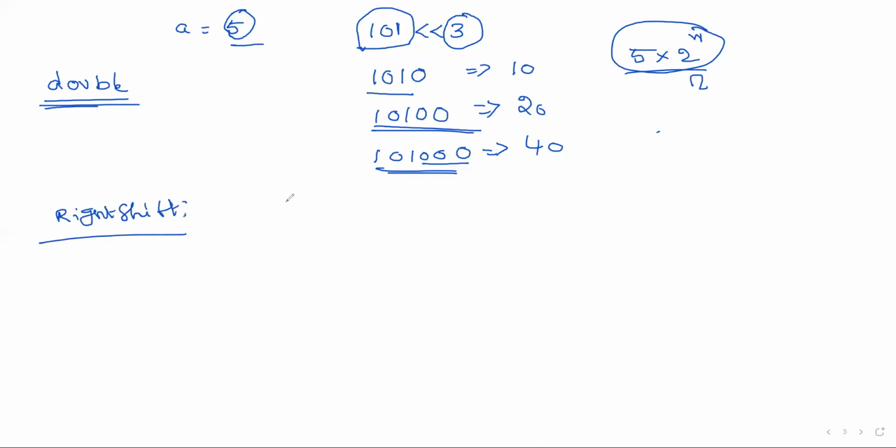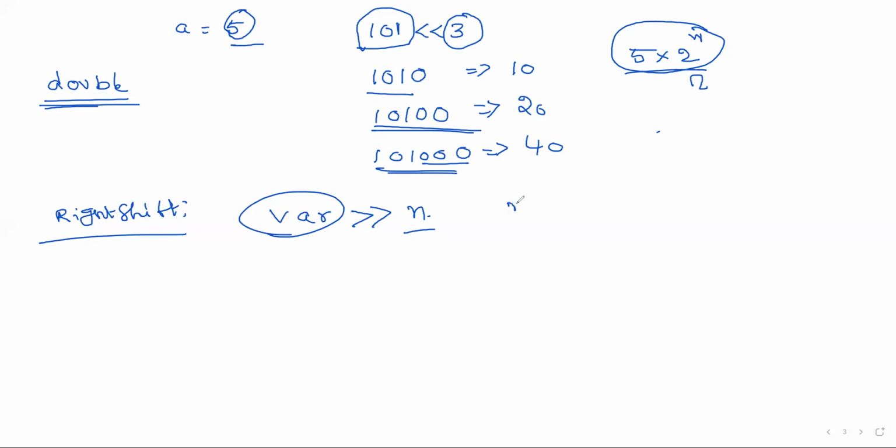The same thing, variable name, right shift operation n. That is the variable on which we are performing the right shift operation. N is how many times you want to perform the right shift. So in moving to the right side, the left side is vacant, that is the zeros, but on the right side there is no place. If on the right side there is no place, we simply lose the information.